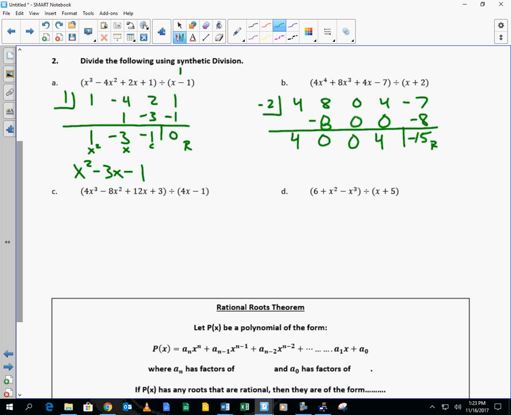So I get 4, 0, 0, 4, and -15. So before x to what power? Third plus 4 minus over